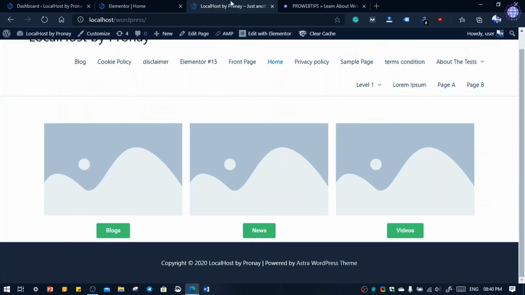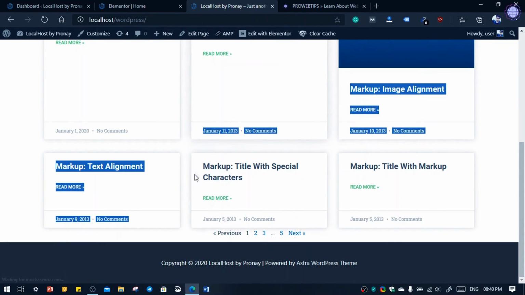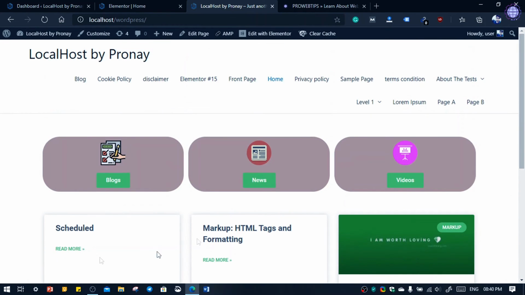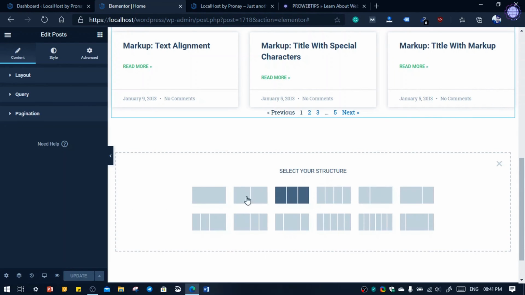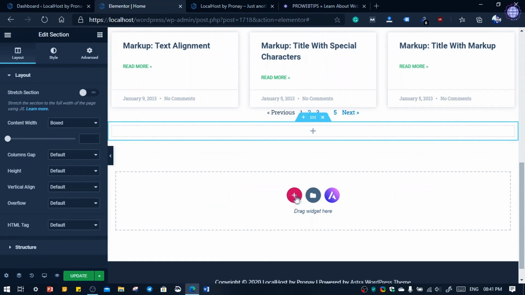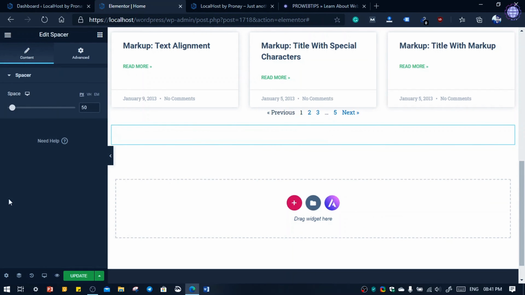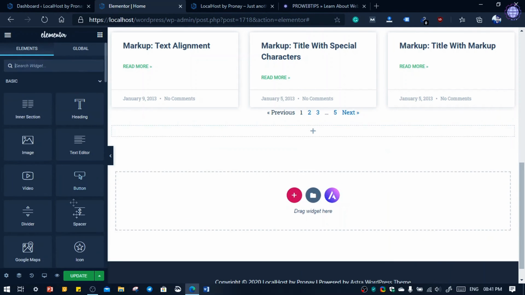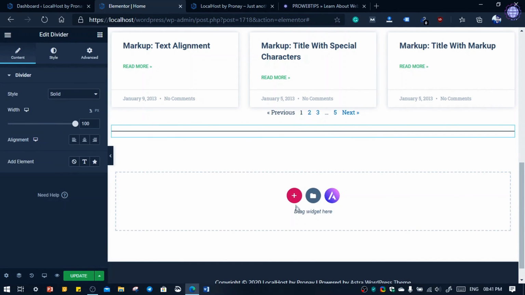Now we are going to see how this page looks. So you can see there, this is beautiful. You can also change the background colors. So we are going to add some more sections. So give some spacer. You can also add a divider if you want, and delete it, and divider. Okay,